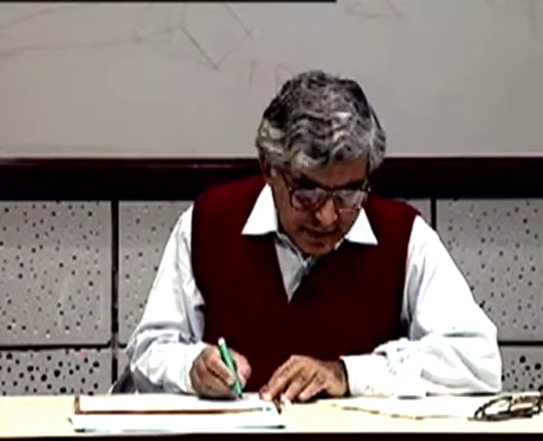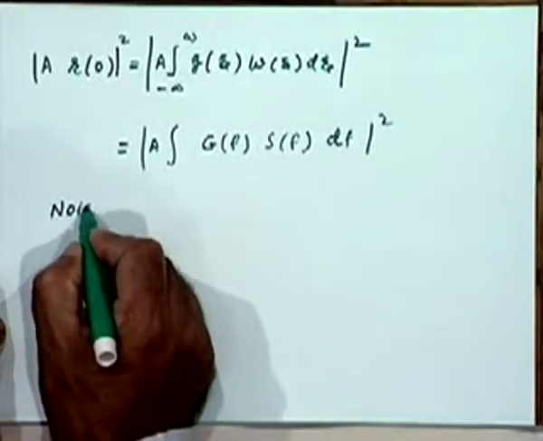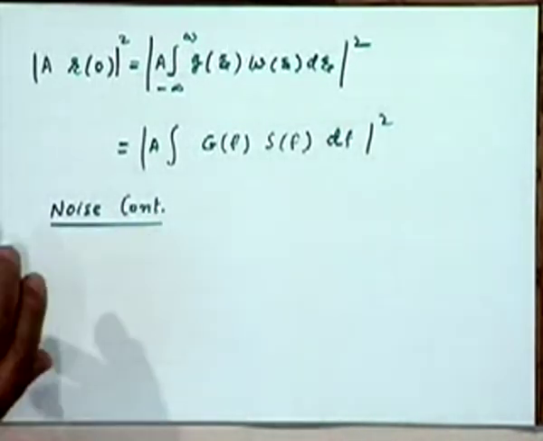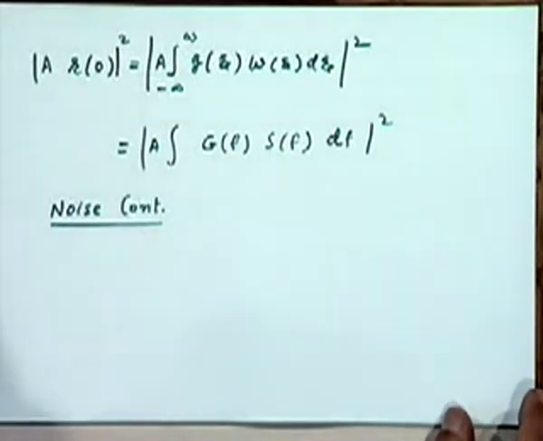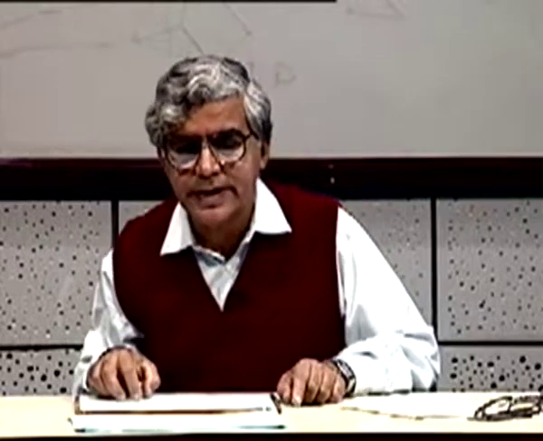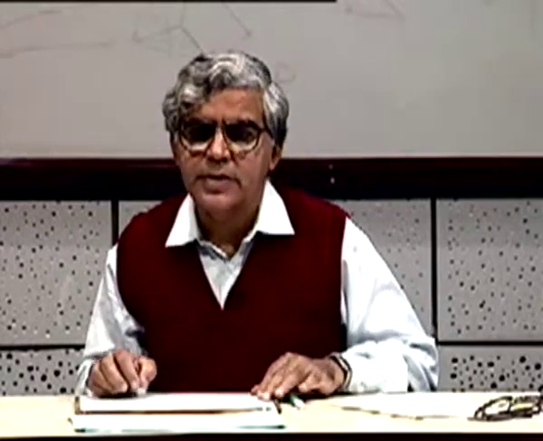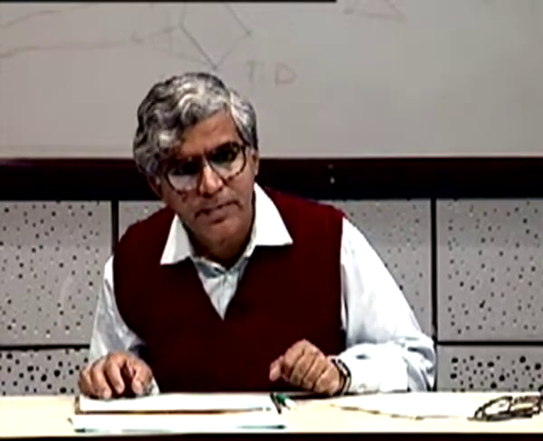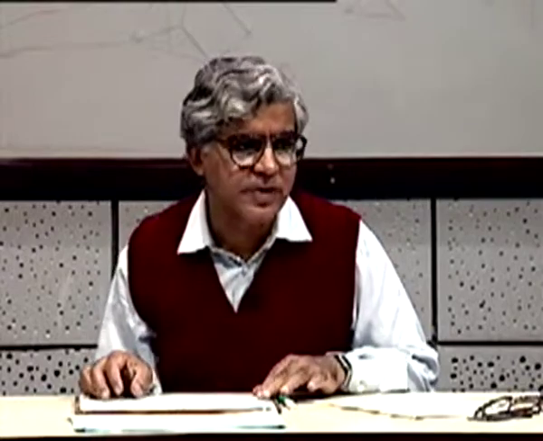Let's now look at the noise contribution. I think we'll stop here and look at the noise contribution and then compute the signal to noise ratio next time. Once we have got the signal to noise ratio expression, what we'll really do is choose a g(t) which maximizes that signal to noise ratio. Such a maximizing SNR filter is what we call a matched filter. Okay, and we'll see what its form is. So next